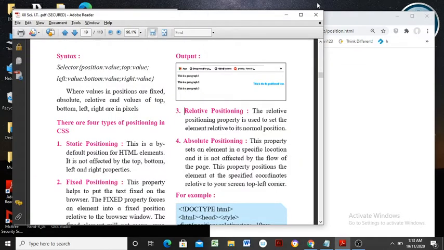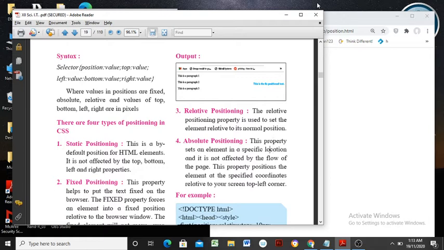See here, positionings. Number one, static positioning. This positioning is the default one, and content within static positioning is not affected by the top, bottom, left and right properties. So positioning is nothing but leaving a space either on the left or at the right, and the same with either on the top or at the bottom. It means setting up a space, leaving a space at a typical location, is nothing but the positioning.